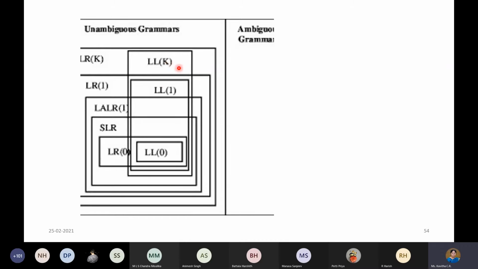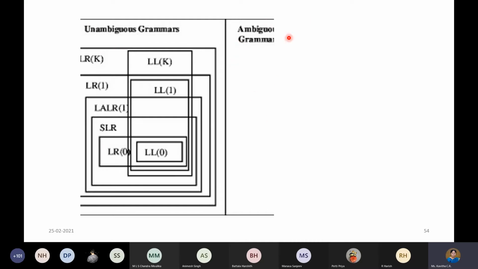So that's why LL of K has the highest strength, I would say. Coming to the bottom-up parsers, the least would be LR of 0, then comes SLR, then LALR of 1, then LR of 1, and then LR of 2. So this is the hierarchy of the parsing techniques with respect to unambiguous grammars,